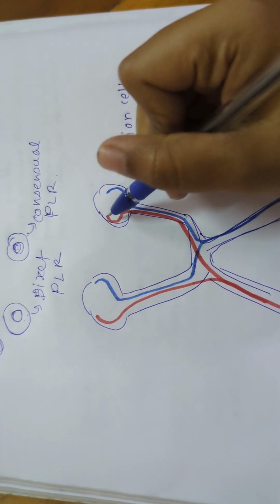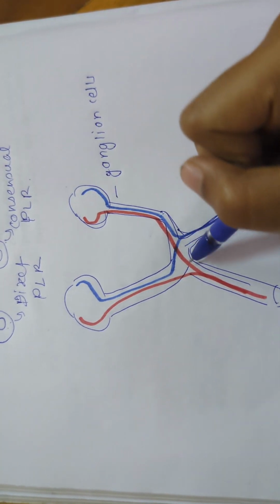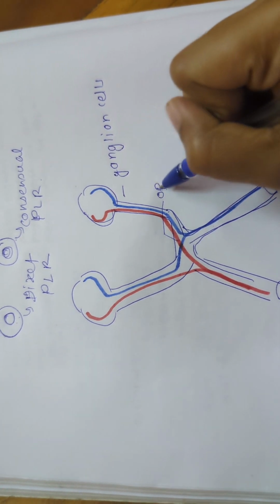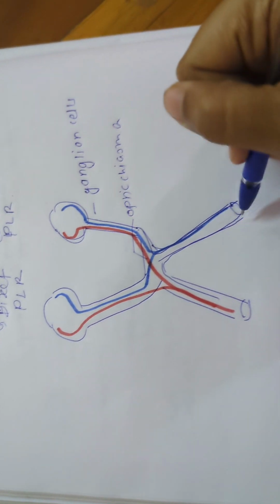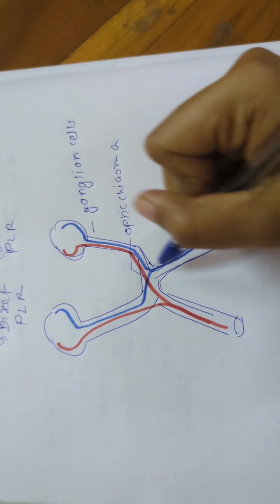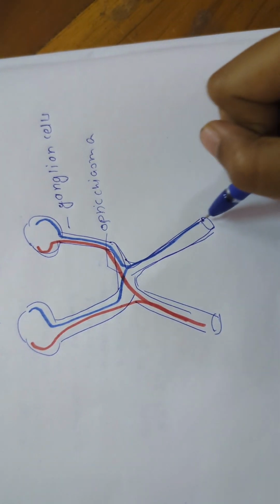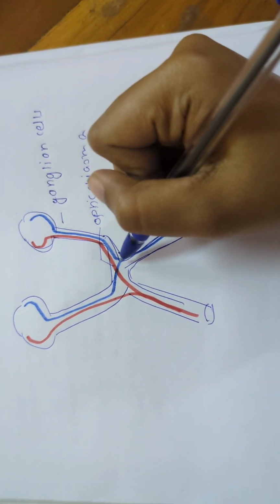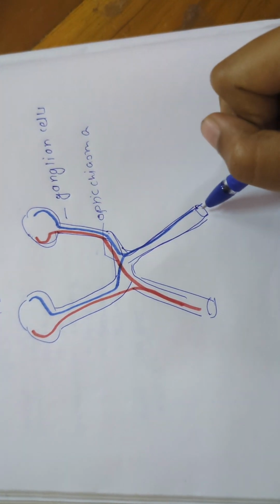These are temporal fibers, these are nasal fibers. These nasal fibers cross each other and form the optic chiasma, and the temporal fibers travel as it is. So in the visual pathway, this is after optic chiasma, this is optic tract, and after optic tract,